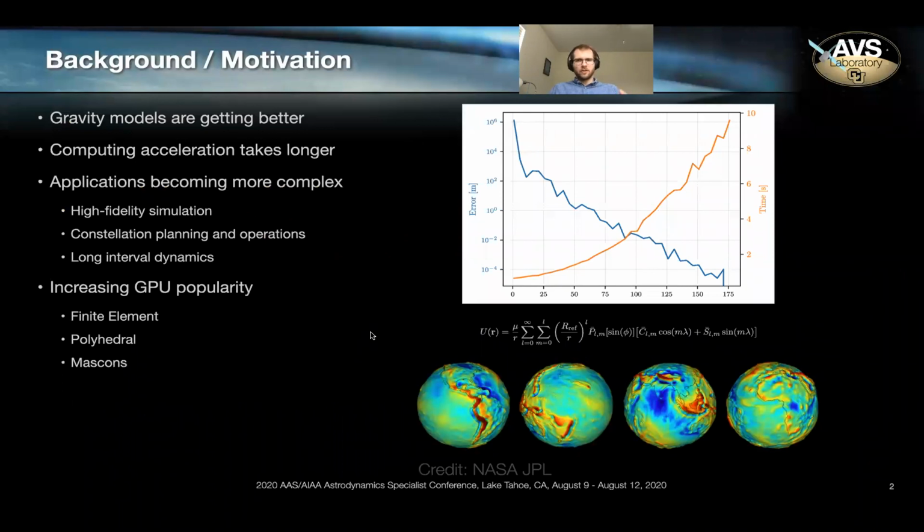So to begin, spherical harmonic models are quintessential for astrodynamics research and also for other disciplines too. Geophysicists and planetary scientists rely on high fidelity representations of the gravity field for Earth and other celestial bodies. And by most metrics, the higher fidelity of the model, the better. We can use those in our applications for increasingly high fidelity trajectory design and constellation planning, dynamics, plenty of interesting